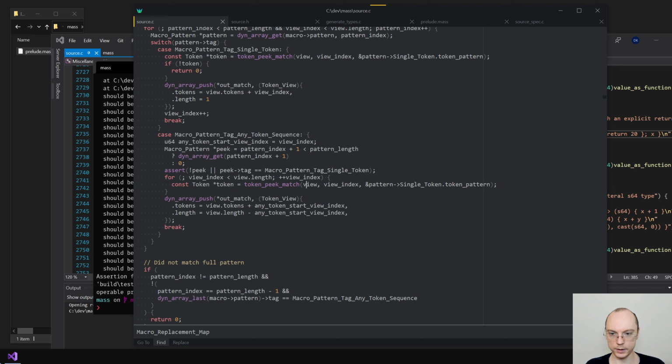that is like this. Const token is token view get of view index.